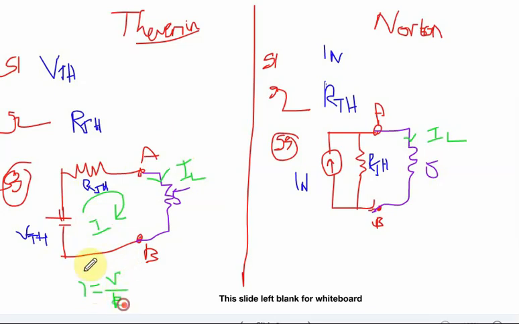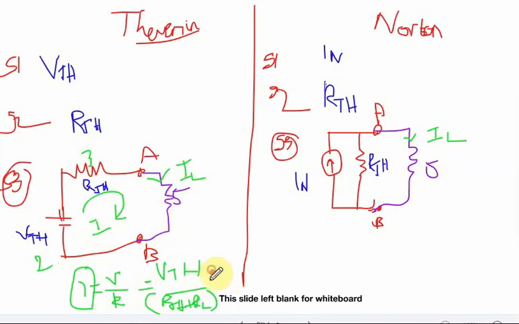What is the V value? Here it is VTH, so substitute VTH divided by the R value. How many R's are there? There are two R's, so RTH plus RL. That's all. You substitute to find the answer. That is the load current in step number 3, your main objective. For example, we will assume lesson 2, here is a 3, here is a 4, sorry, here it is already given.